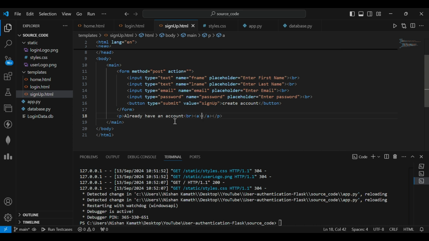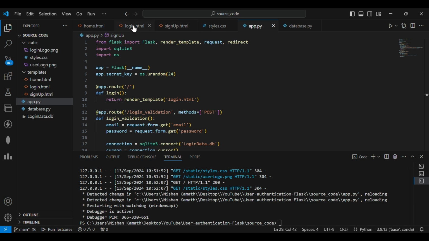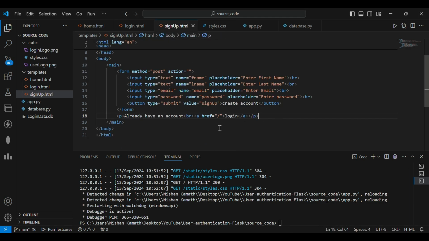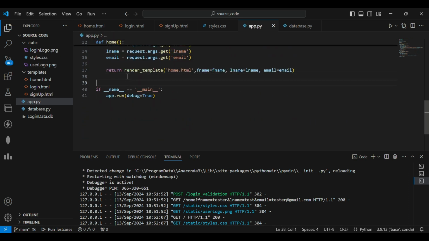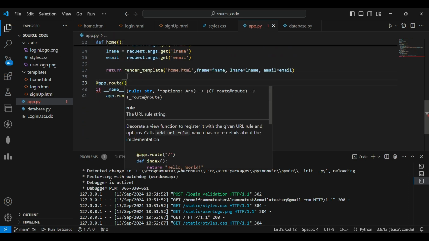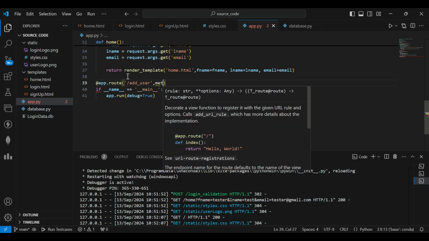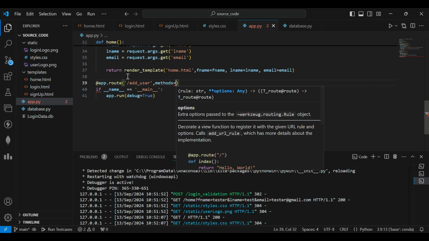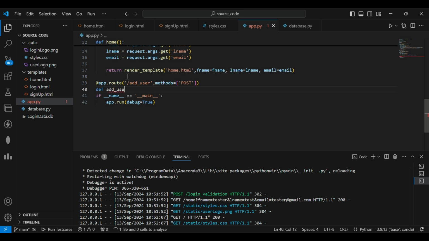I'm linking using an a tag. Login href is equal to this function, the main function. So just action add user. I'm going to write another function to add the user into the database. For that, create a new route called add user. Method is equal to post, because we are taking the data from the HTML. After that, def add user, define the function,